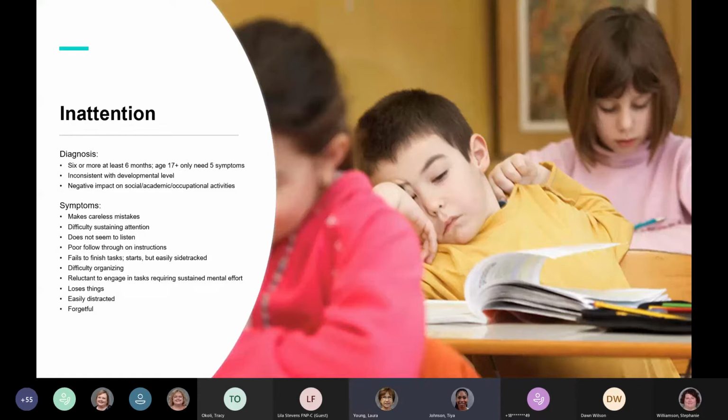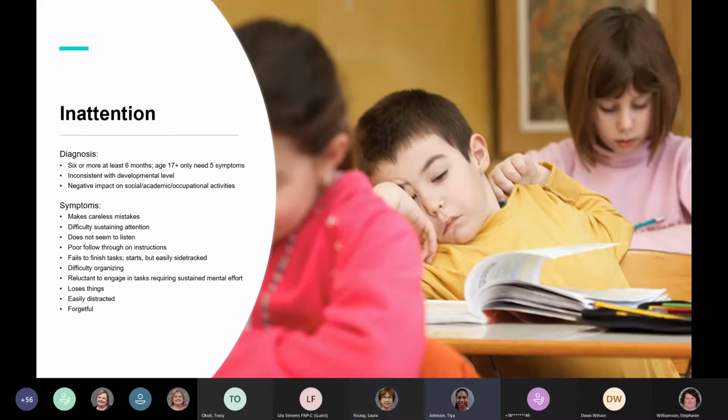And so those symptoms include not giving close attention to detail and making careless mistakes, difficulty sustaining attention in task or play activities, does not seem to listen when spoken to directly, even in the absence of obvious distraction, does not follow through on instructions and fails to finish schoolwork, chores, or duties in the workplace, or they'll start tasks but then easily lose focus,